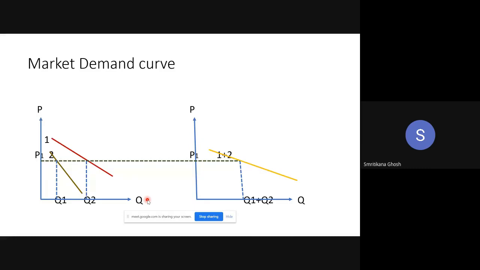And it is apparently wrong, but actually it is not wrong, as there is another approach where P is the dependent variable. Maybe you are asking how P can be the dependent variable. In that approach, it is said that when quantity demanded is changing, then price is changing. If quantity demanded is increasing, then price is falling. If quantity demanded is falling, then price is increasing. Ma'am, can you repeat? I can't understand. Yes.